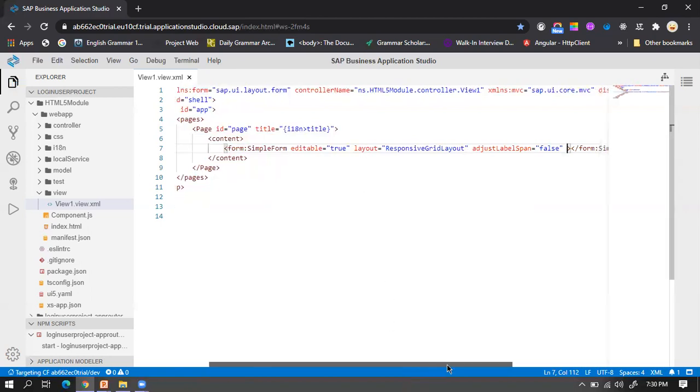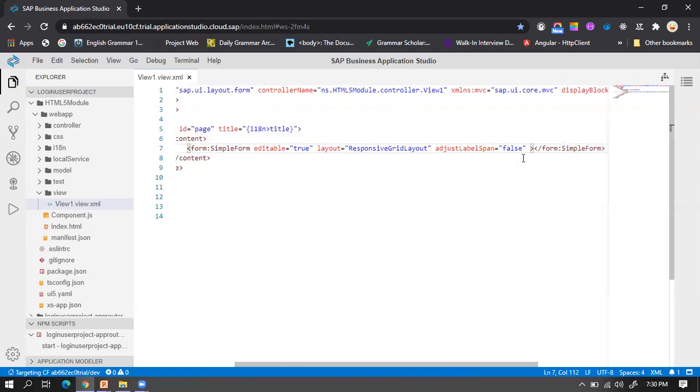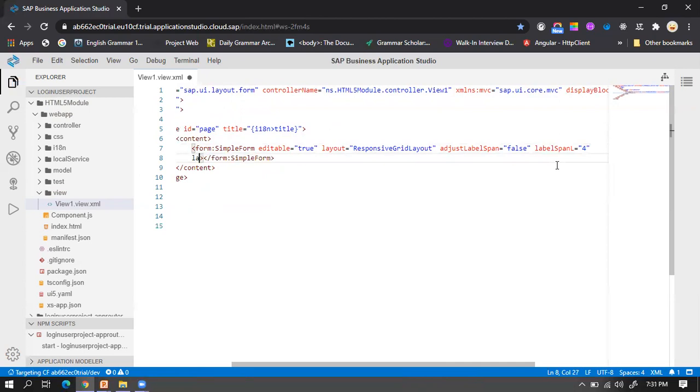Then I want my label in a large screen to take 4 columns, and in a medium device 4, and in small to take all 12 columns, so that my input will come after the label.